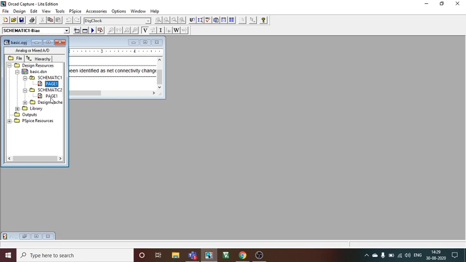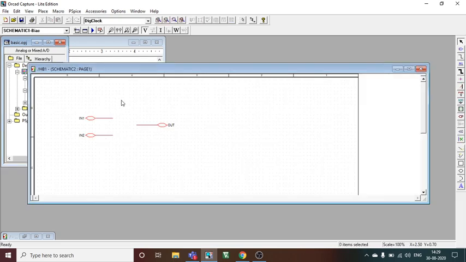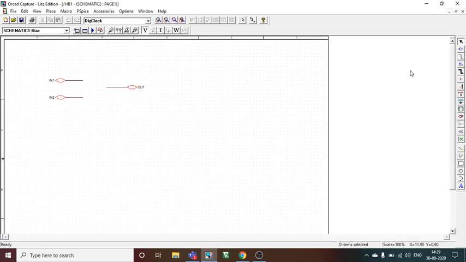We will open it and we will go to page 1 in schematic 2. Now you can see, you can maximize this. You will see there is a circuit already designed. There's a pattern which has been designed for you, like two inputs and one output, and the names are same